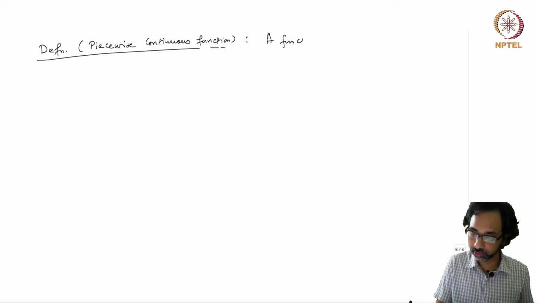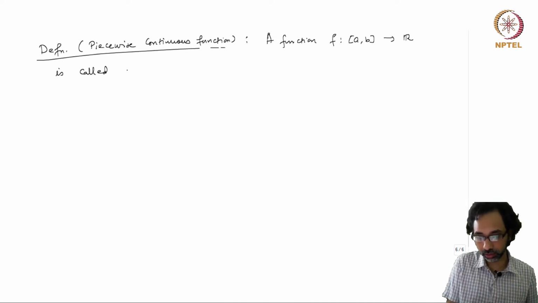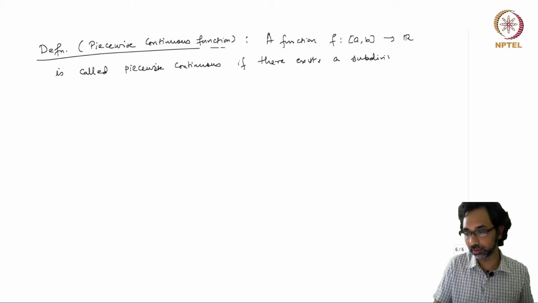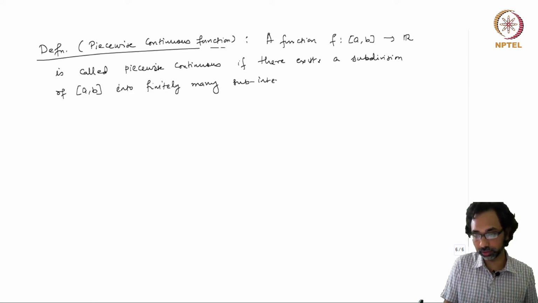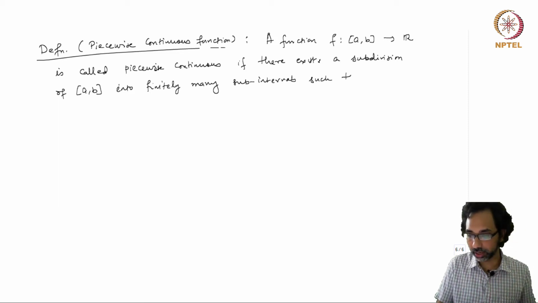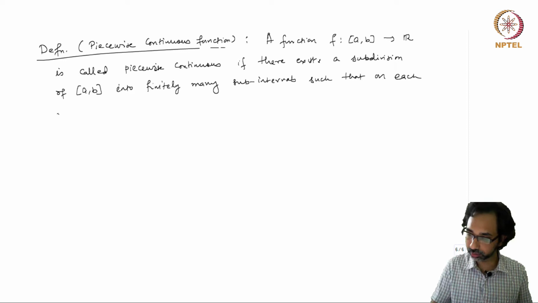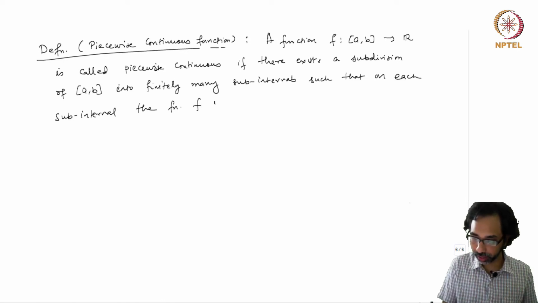So a function, let's call it f, from a closed interval [a, b] to R is called piecewise continuous if there exists a finite subdivision of this interval [a, b] into finitely many subintervals such that on each such piece, on each such subinterval, the function f is continuous